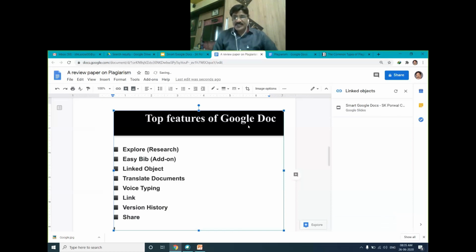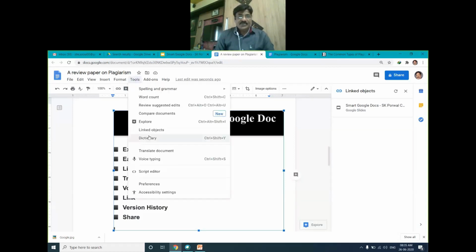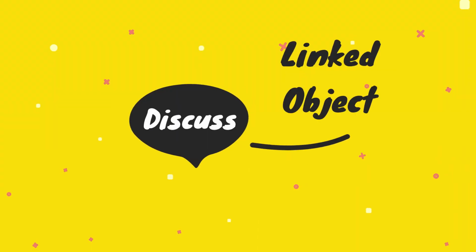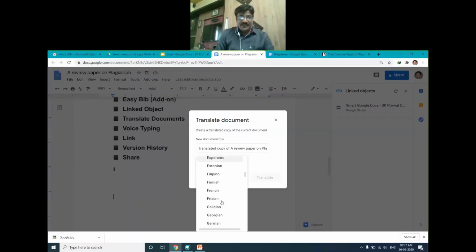It means whatever changes you make in that particular slide, or it may be a chart or whatever the object, those objects will get automatically updated once you click on the update button. Assume that in normal practice you are copying a chart from Excel into your MS Word, and later on if you make certain changes in the chart, those changes will not be reflected automatically in the MS Word. For that purpose, what we used to do, first of all, we used to delete the chart from the current document, then copy it from Excel and again paste into our Word file.